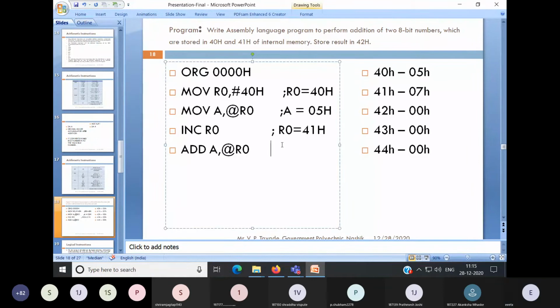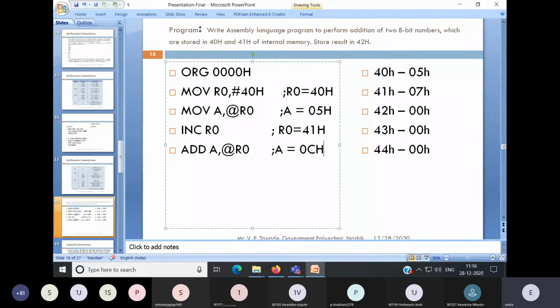And after performing this addition, it will store your result again into the accumulator. So 7 plus 5 in decimal, the result is 12. But as we are using the hexadecimal number system, you will get the result in hex format, that is 0CH.